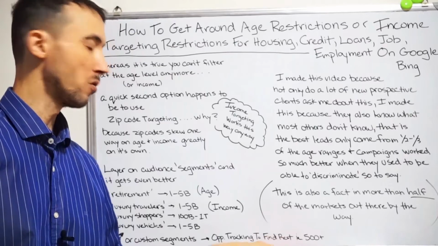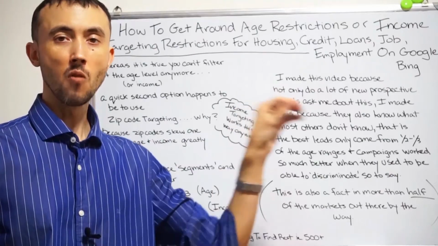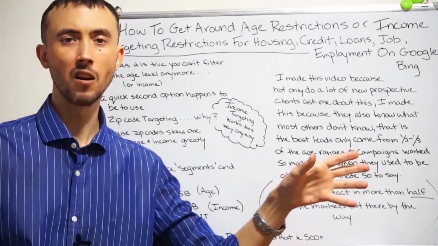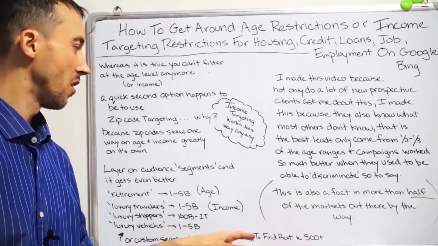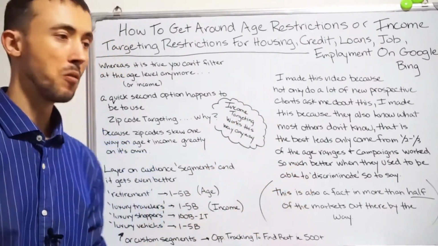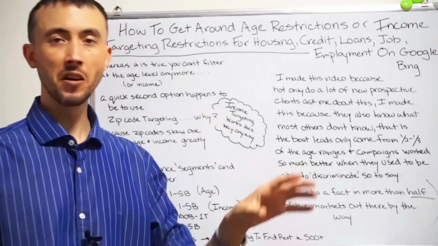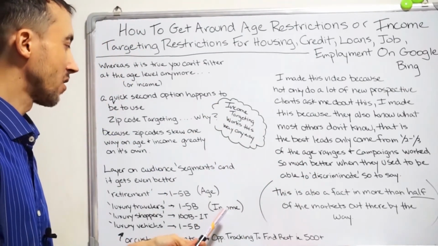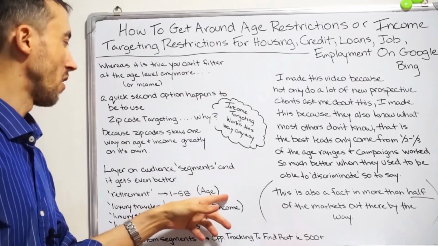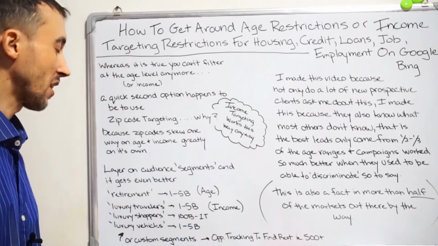And it'll also tell you if you do convert. I like to adjust the columns and do conversion over spend or revenue, I think it is. One of those, either or. But basically, it's another way of saying ROI. And so you can see the ROI of people who are in each one of those 500 plus segments that you pulled in there. The more segments you have, the more you can eventually narrow down the exact top tier or mid tier or low tier income segment that you need, or the same thing with the age. Could also be the same thing with the gender as well, in reality.